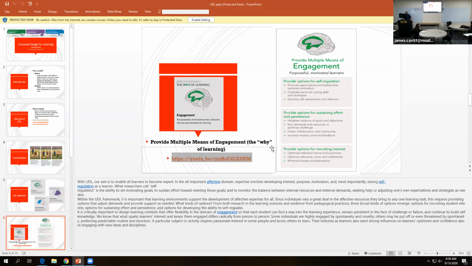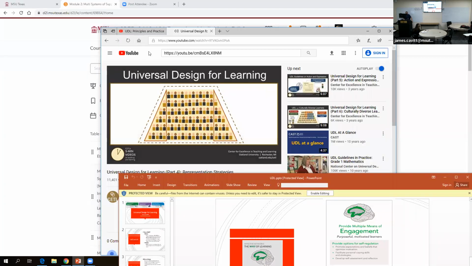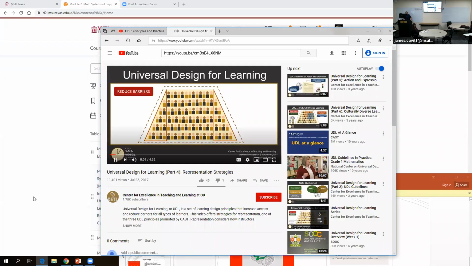Okay, so again, Universal Design for Learning, or UDL, is a design framework that instructors can use to reduce barriers students face in the classroom and